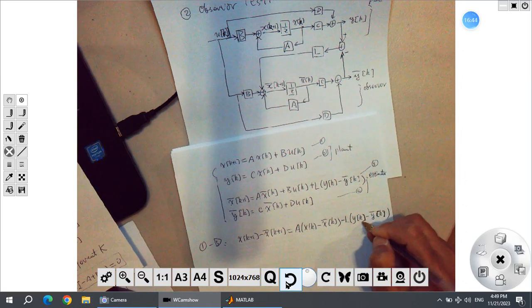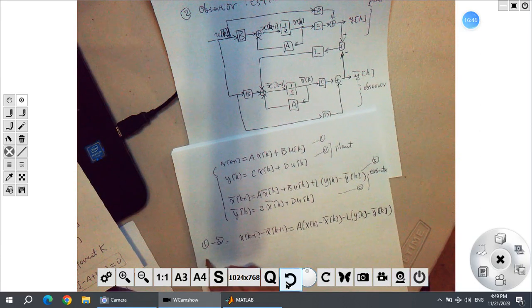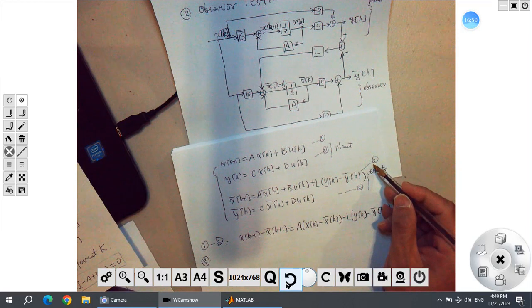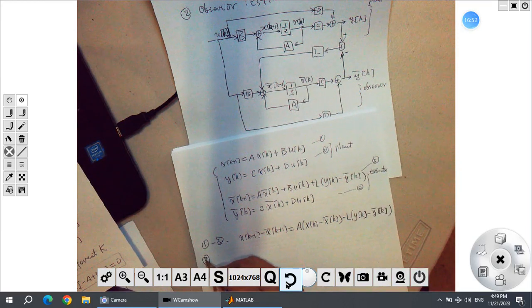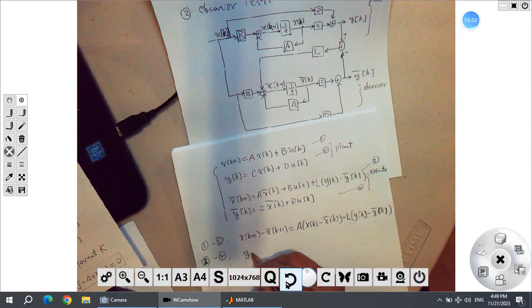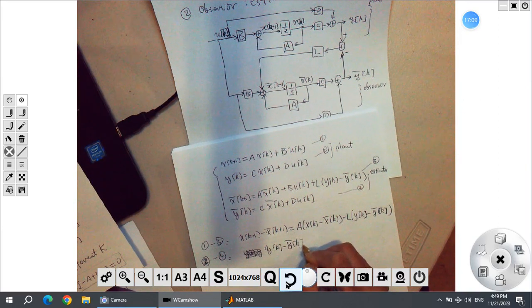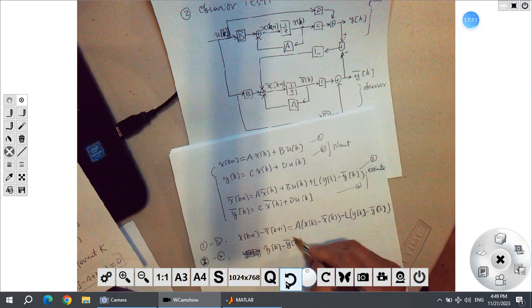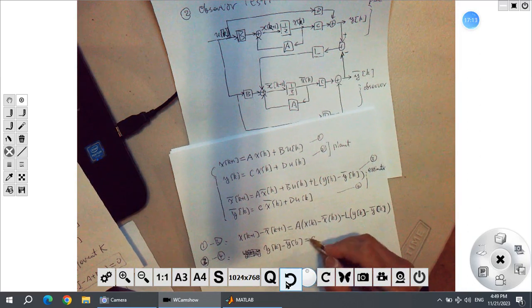Alright, and then this is 3, so 2 minus 4, 2 minus 4, right? 2 minus 4, we have y of k minus y bar of k, okay,